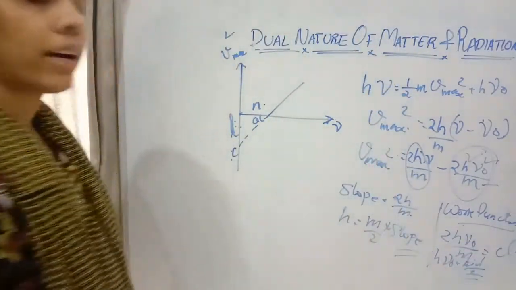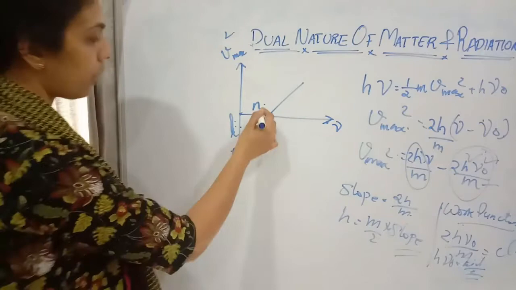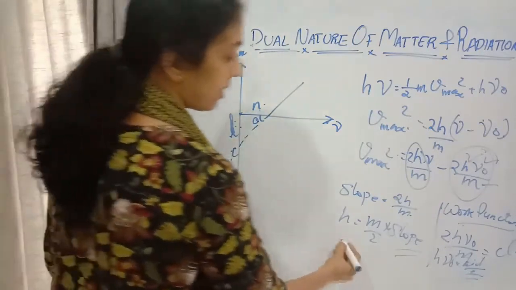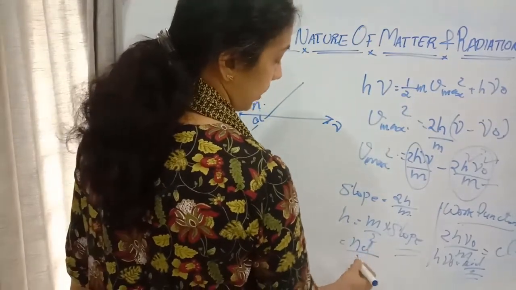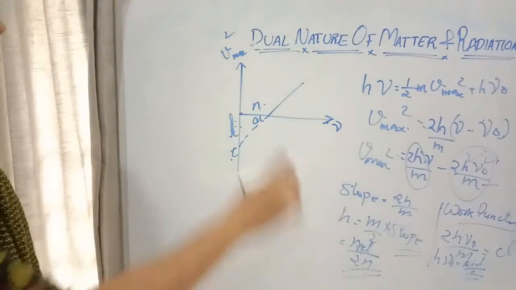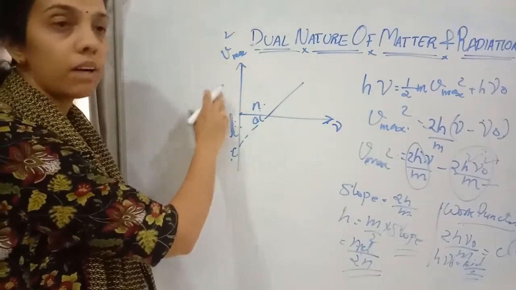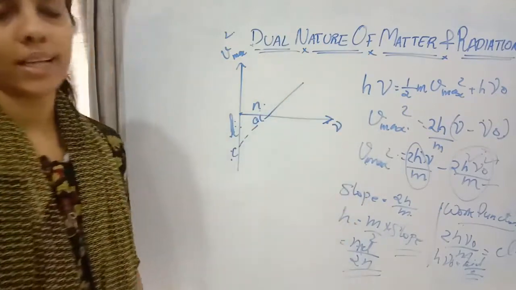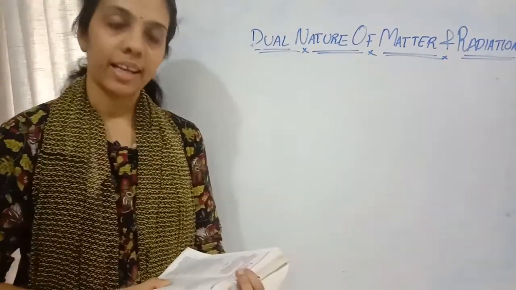And here you can find the slope of the graph. Slope, how much will it be? L by N. So h equals m L by 2N. This will be the value of Planck's constant. So from the graph, we can find all these values. Clear? Next question is,